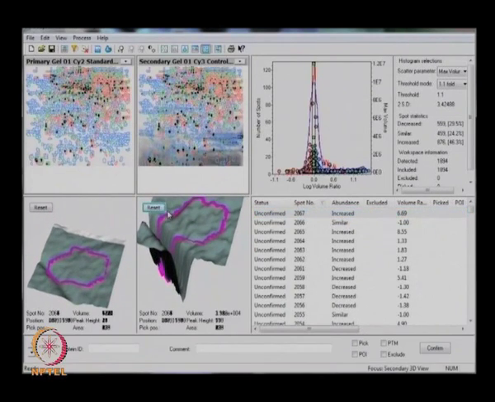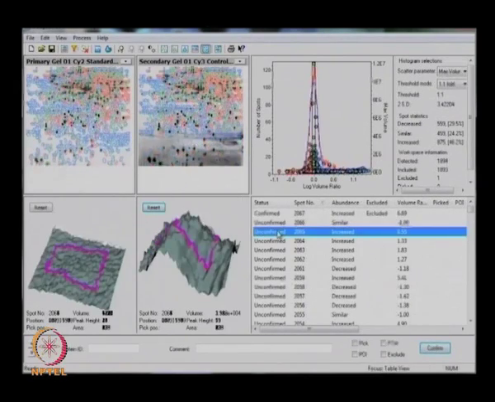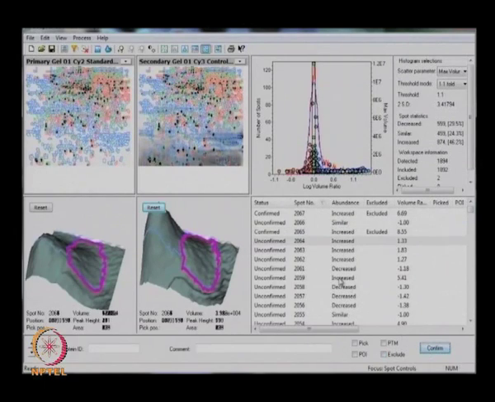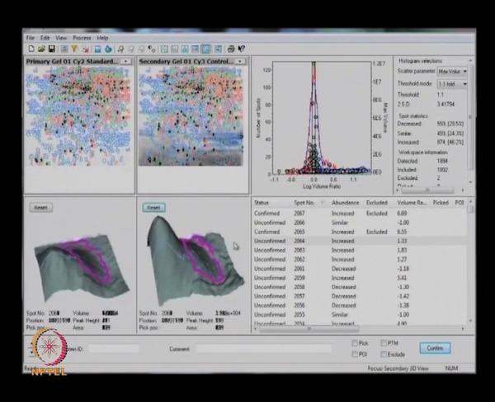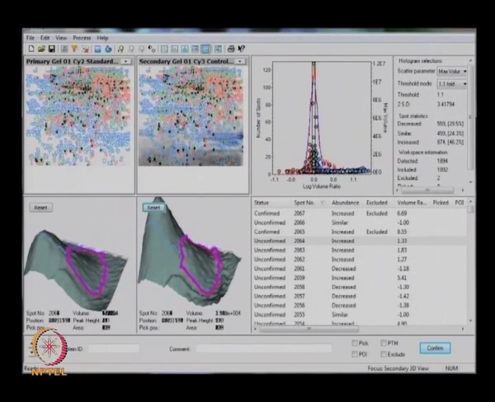You can exclude it from here by clicking, then confirm it. So this protein has been removed from the gels. In the same way you can go through each and every spot, exclude it, and confirm it. This way you can check all spots and have more accurate data.